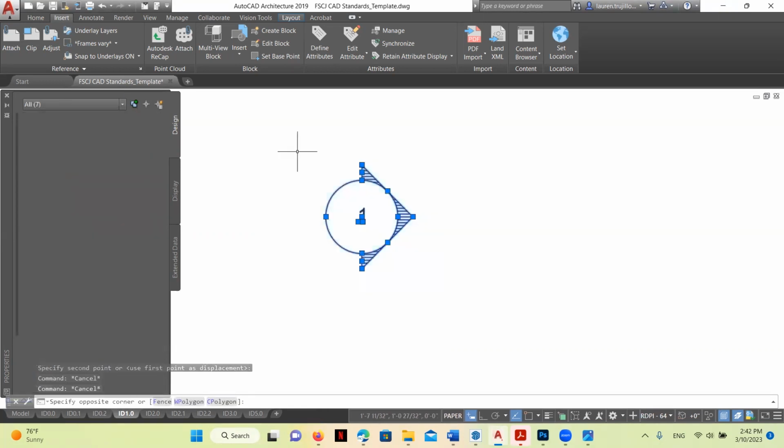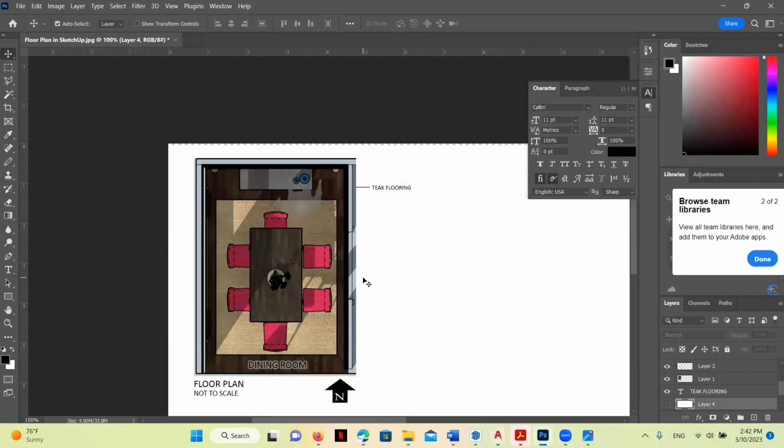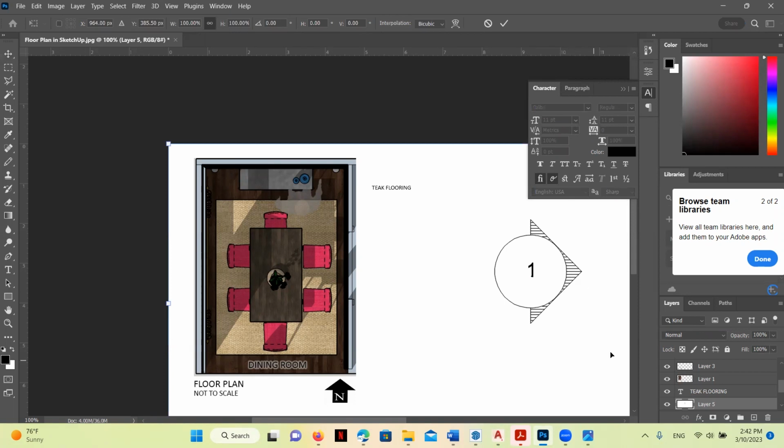So I'm going to bring this over, Control C, and Control V. There it is. Okay, so it's going to come in really small once I transform it. Let me grab it again.